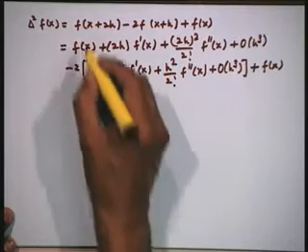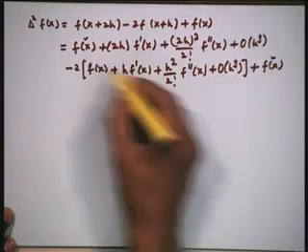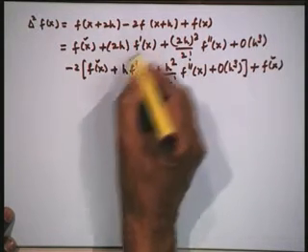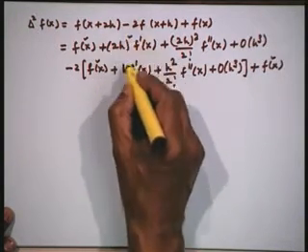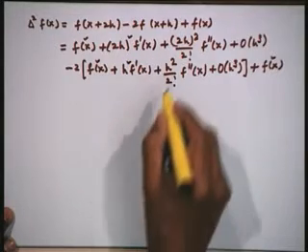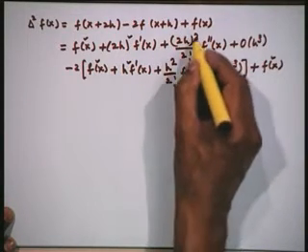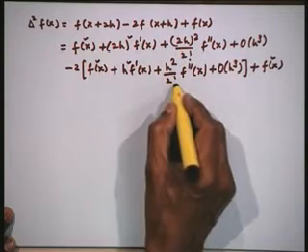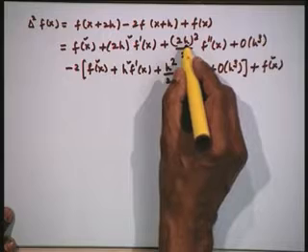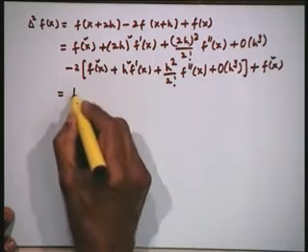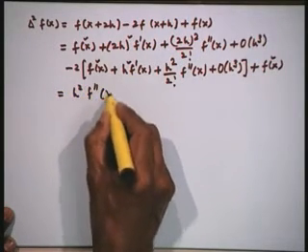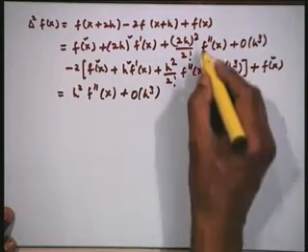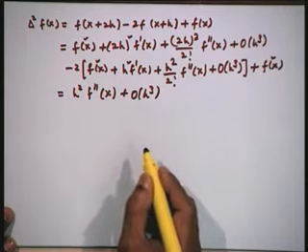Now, let us simplify this. This is f x, this is f x, 2 times f x cancels with 2 times f x. This is 2 h f dash x, this is minus 2 h f dash x, therefore, these two terms cancel. So, the first non vanishing terms are this and this. This is 2 squared, 4 by 2, that is 2, and this is minus 1 by factorial 2, that is minus 1. Therefore, I am left with 1 as the coefficient, that is simply h squared f double dash of x plus order of h cubed. These terms simplify to give us simply h square f double dash x.